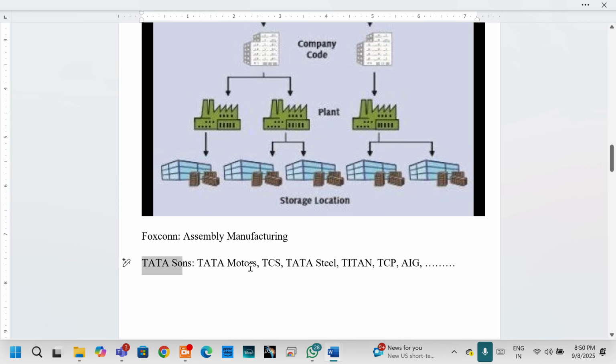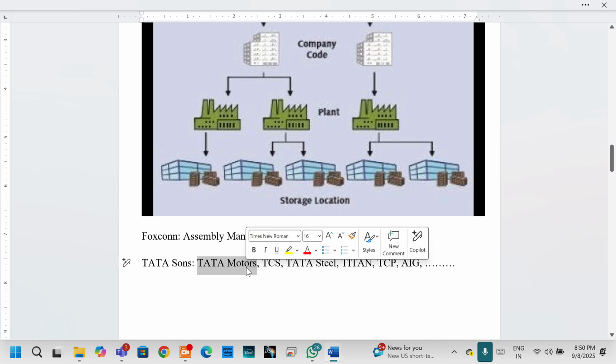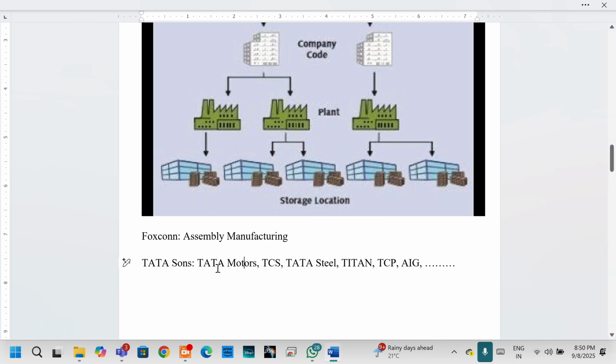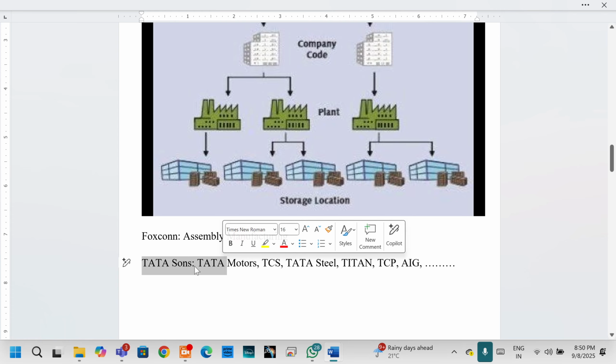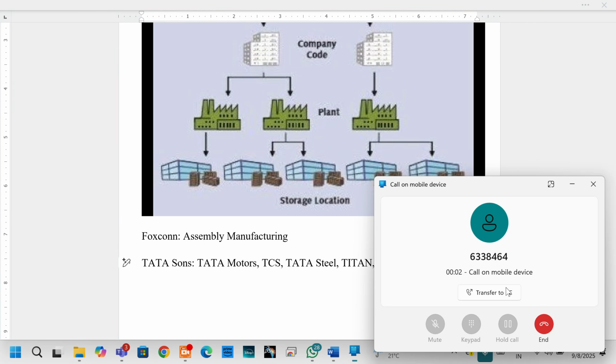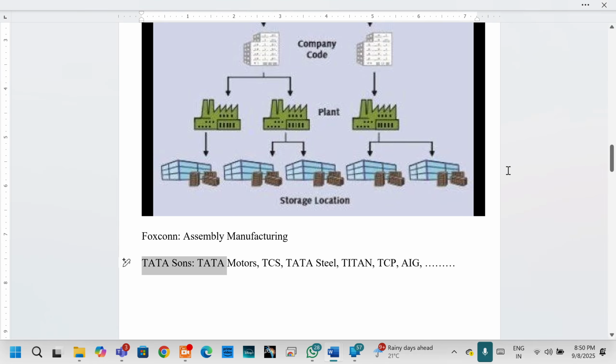So they are separate companies, guys, not separate plants. We cannot say separate plants. Each company has multiple plants. Tata Motors has multiple plants, TCS has multiple plants, Tata Steel has multiple plants. But when it comes to financial information, each company will have its own P&L statements. They don't mix up with each other. We cannot say that if they look like plants, I will combine all this information and give the total. It is not like that, guys. So each one is a separate company. When these kinds of organizations, Tata Sons or Reliance Group, Adani Group, take